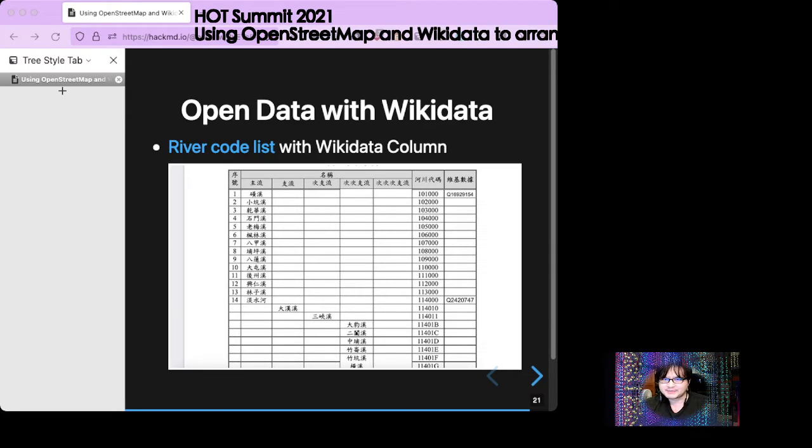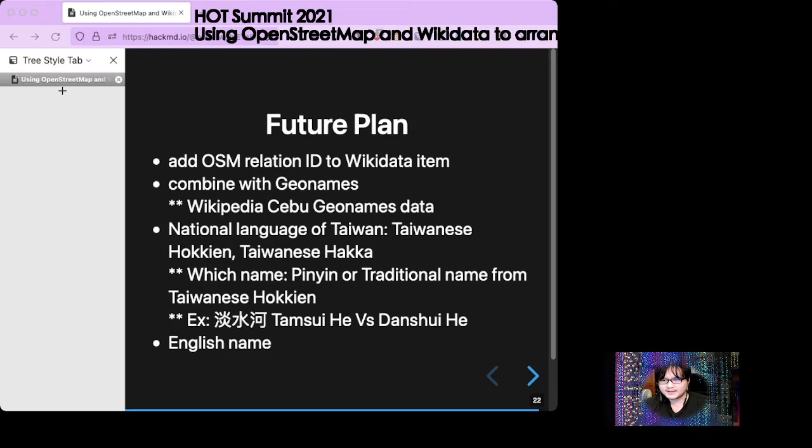And this is the one that I mentioned, the Taiwanese government open data data set. The river code list recently added the Wikidata column. So in this screenshot, you can see two rivers have the corresponding Wikidata QID. And for the future, we want to add all the OSM relation IDs to Wikidata items.